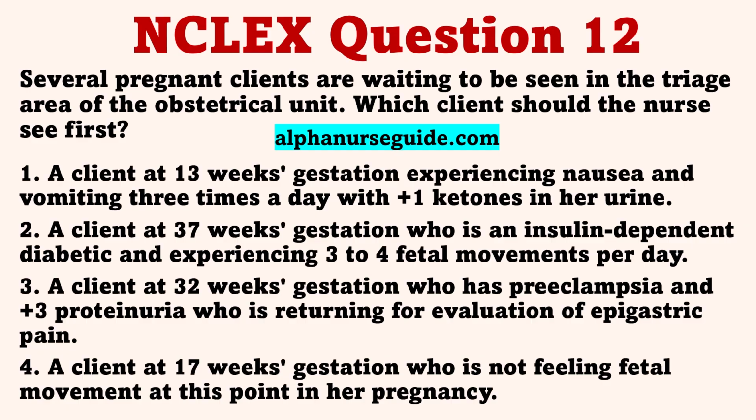Several pregnant clients are waiting to be seen in the triage area of the obstetrical unit. Which client should the nurse see first? 1. A client at 13 weeks gestation experiencing nausea and vomiting 3 times a day with +1 ketones in her urine. 2. A client at 37 weeks gestation who is an insulin-dependent diabetic and experiencing 3 to 4 fetal movements